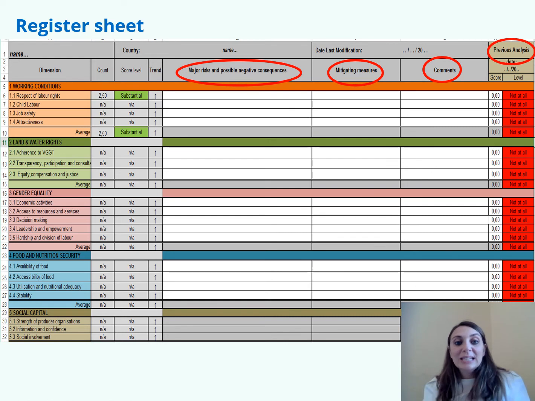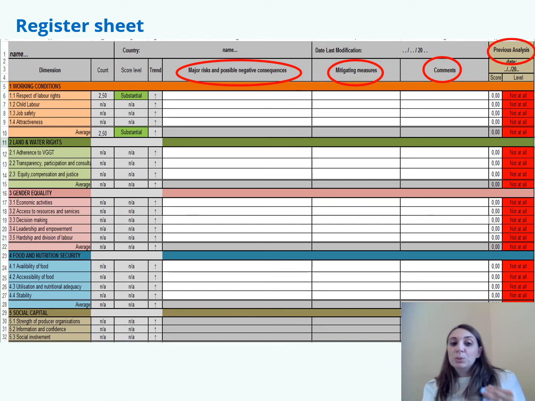So now we go at the level of the register sheet. As you remember, I said we have the profile sheet, the register sheet, the questionnaire, and the guidance. So we looked at the questionnaire, and now we go at the register sheet. And here it provides you already with an opportunity for synthesis, because as you can see, I think at your right hand side, you have a summary of the domain and then of the subdomains. So we don't see the questions anymore, and we only see the average score for each of the subdomain.